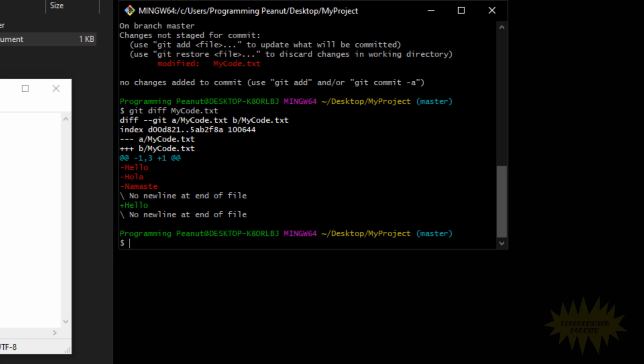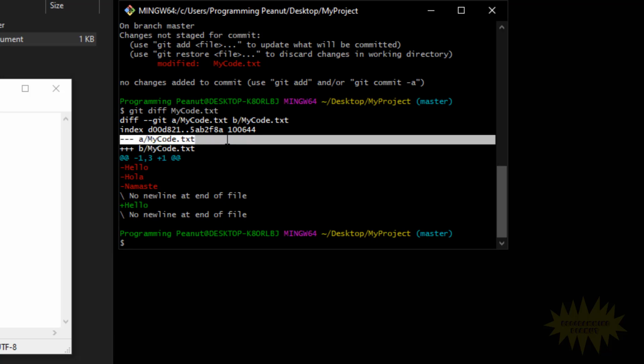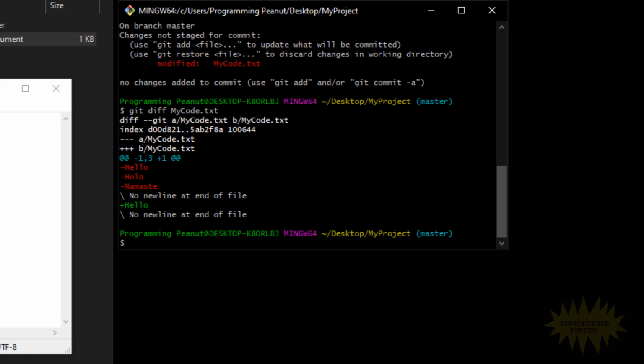This right here, these symbols, the minus signs and the pluses, are called markers. It doesn't matter how many changes you've made. We could have made 100 changes, and we're not going to see 100 minus signs or 100 plus signs here. Doesn't matter how little or how many changes we make, it's always going to show 3 here. And basically what this is saying is, hey,